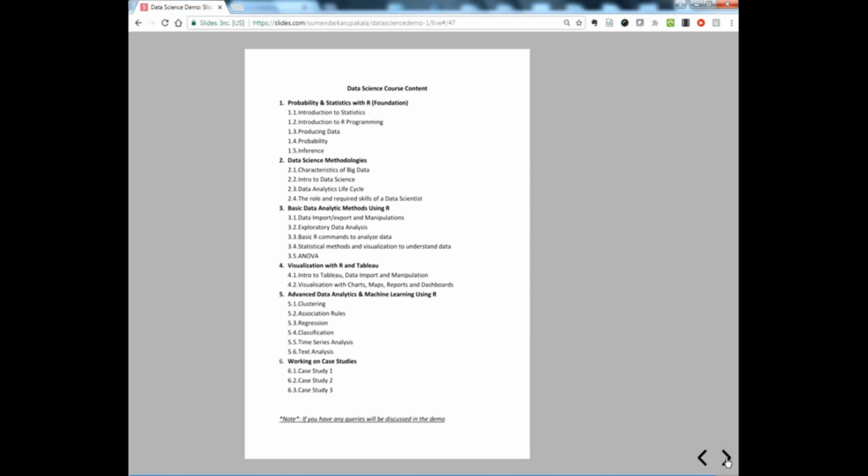Next we will enter into the actual project: how a typical project looks, the life cycle of a data science project. Next we will move on to exploratory data analysis and data cleaning techniques. We can also visualize the data through R or Tableau, by integrating with Tableau. And next the actual part, machine learning and data analytic techniques like classification, clustering, time series analysis, text analysis, and all those things. And finally, we will see some kind of